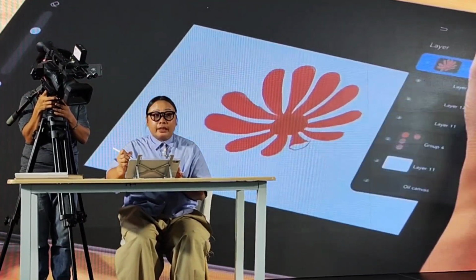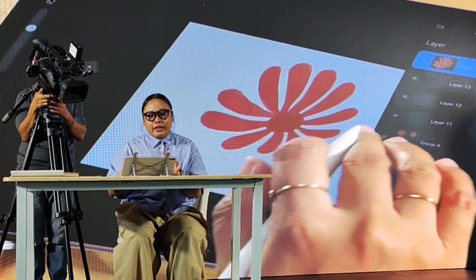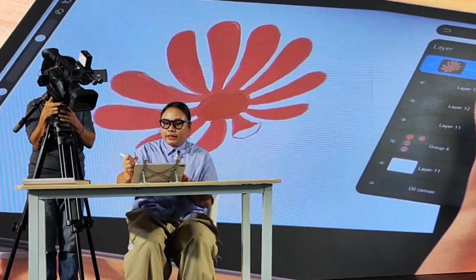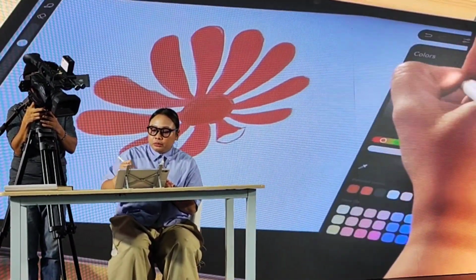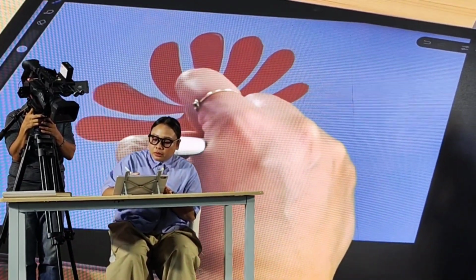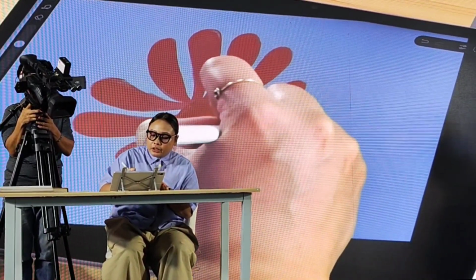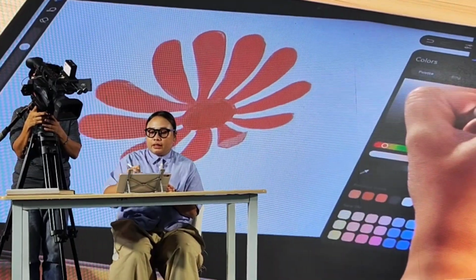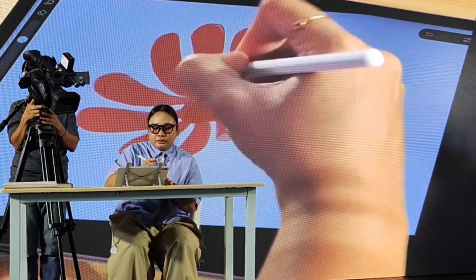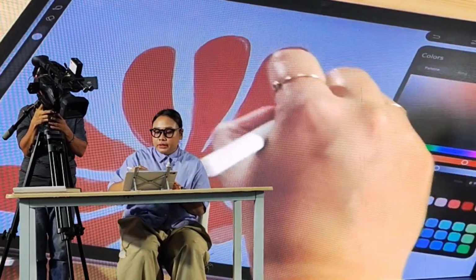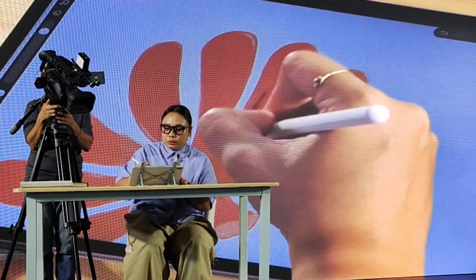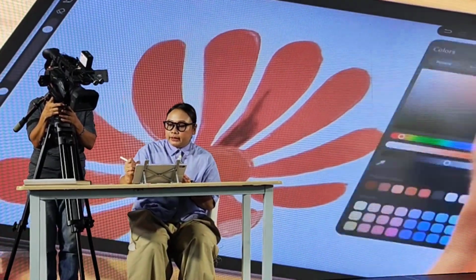And then this will serve as underpainting. We call it in painting terms underpainting, meaning it's just the base color. So you still need to color the highlights and the shadow, which will take time. But I'll try to create a sample. So normally we'll do the shadow and then the highlight.